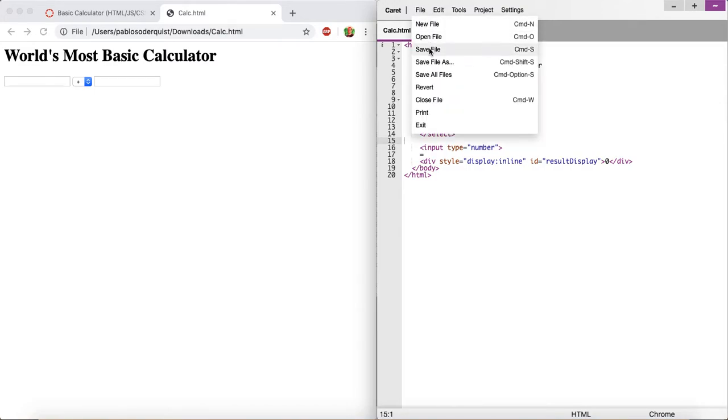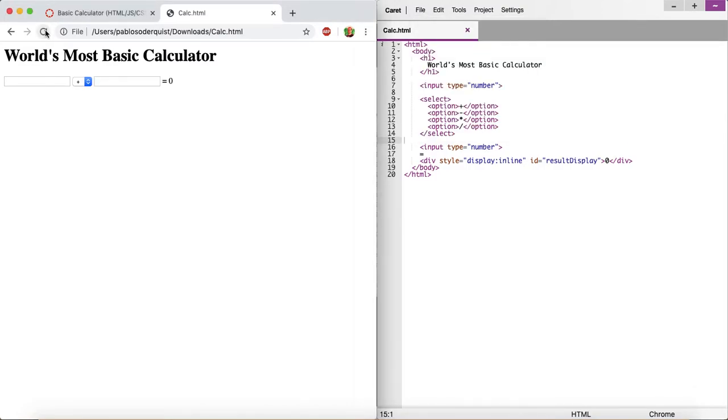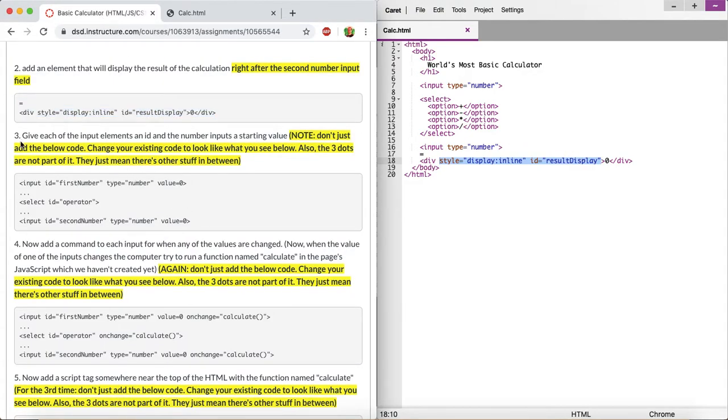Okay. We can save this and refresh the page, and now we have the equals 0. As you can see, all of this fancy stuff just surrounds the value 0 for now. The reason we have this other stuff here is so that we can change that value later when they perform one of these calculations. Alright, now step 3 says give each of the input elements an ID and then give